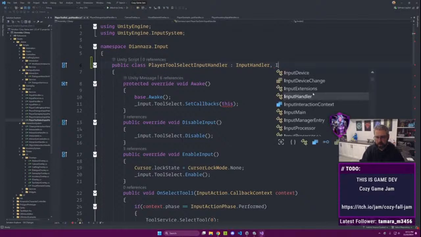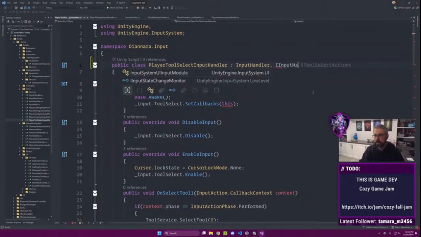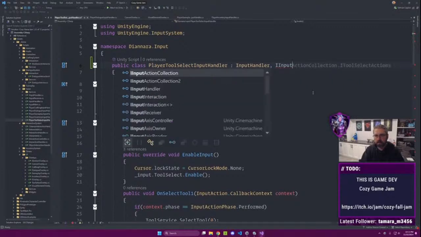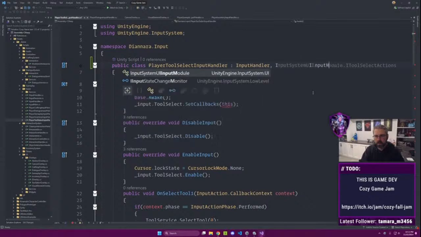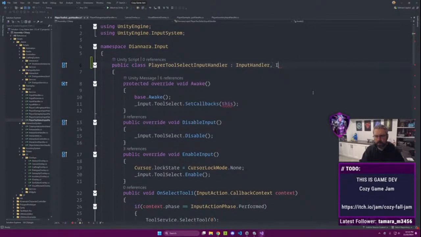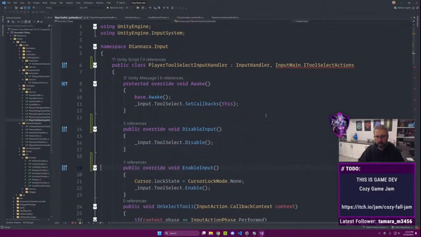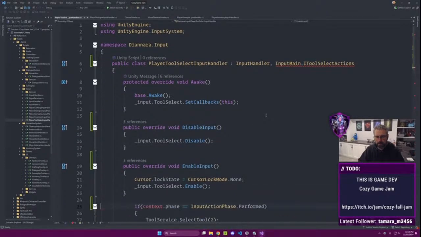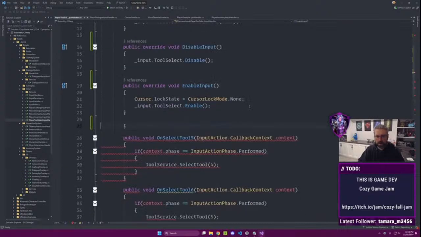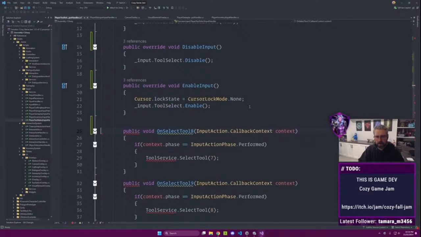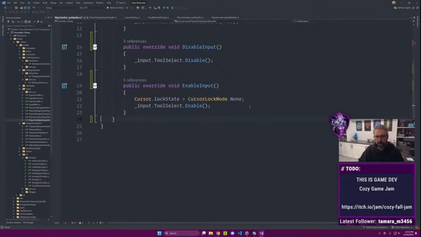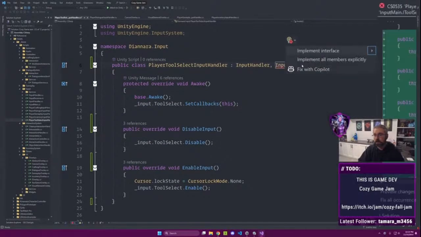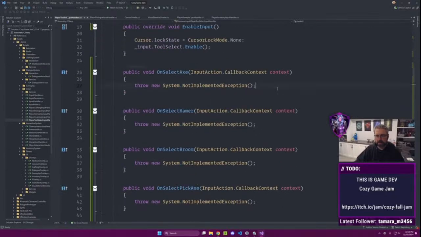So we're going to change this to IInput. It would be smart and generate that, but implement interface. Now we have, and then we say,